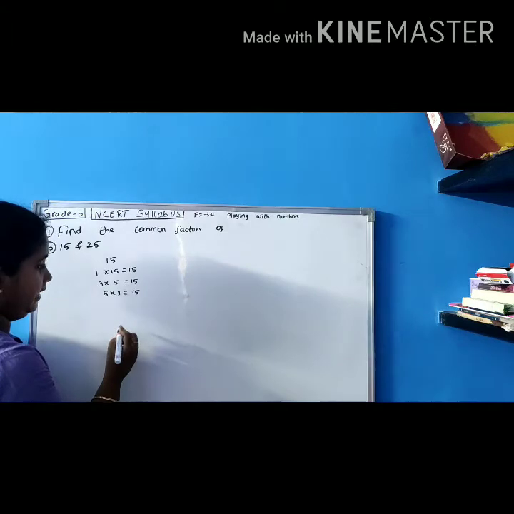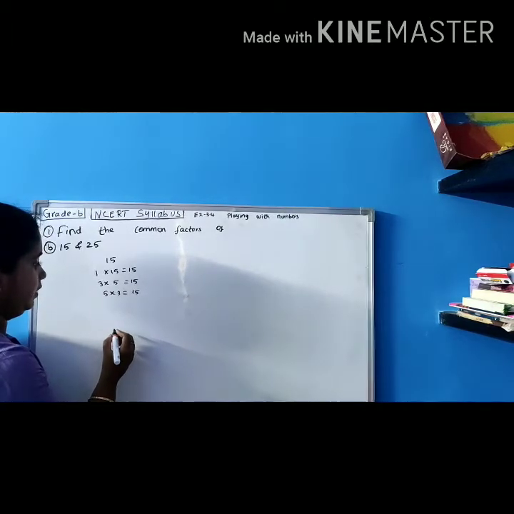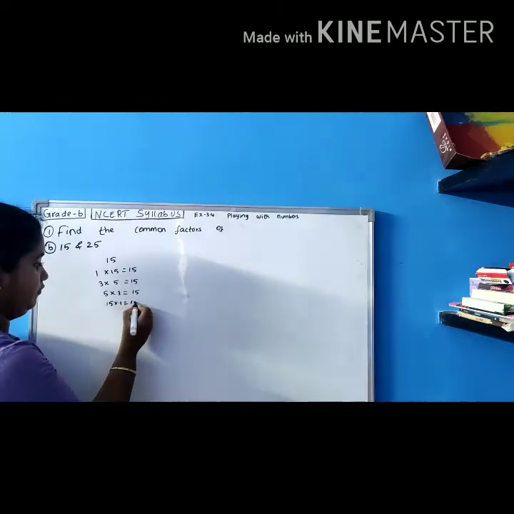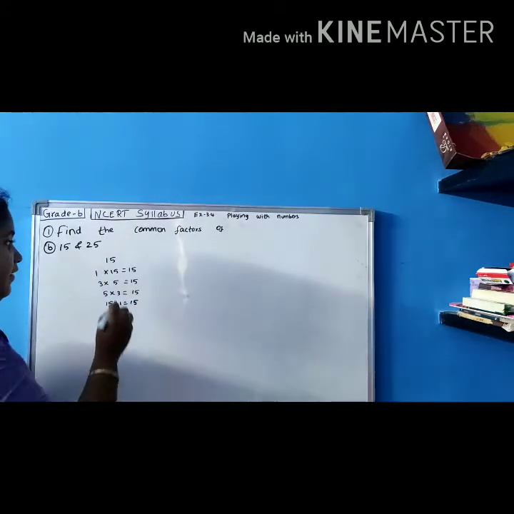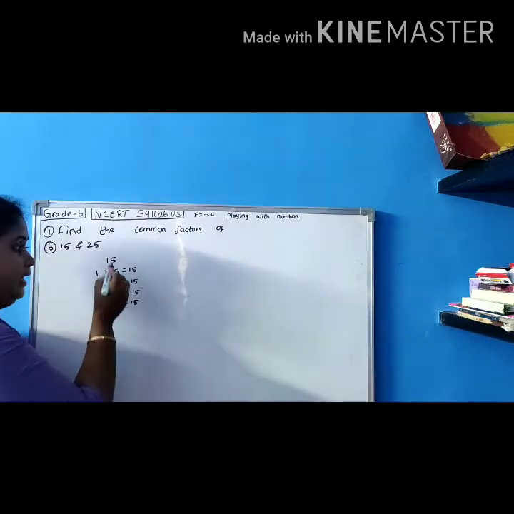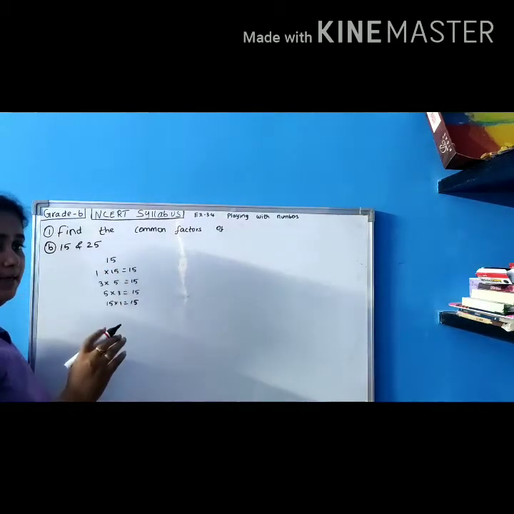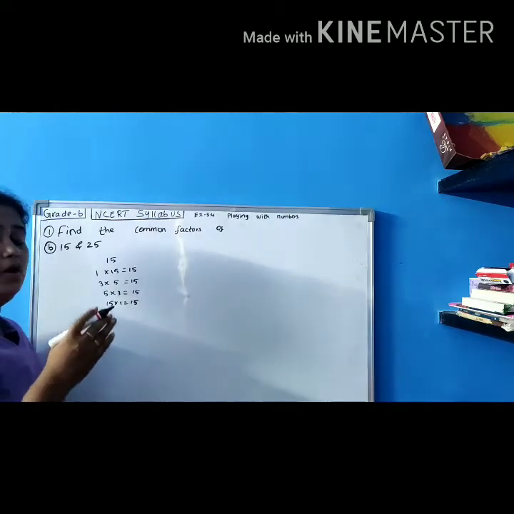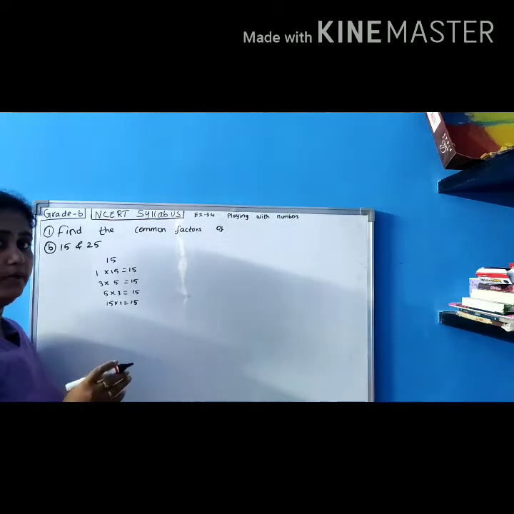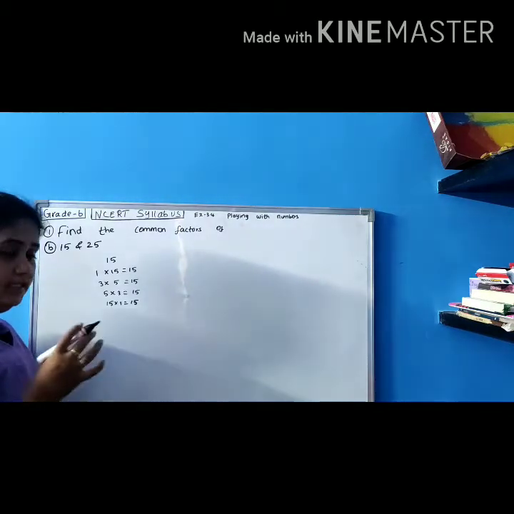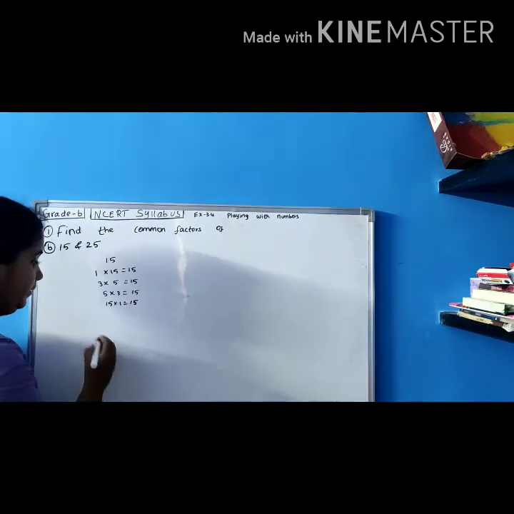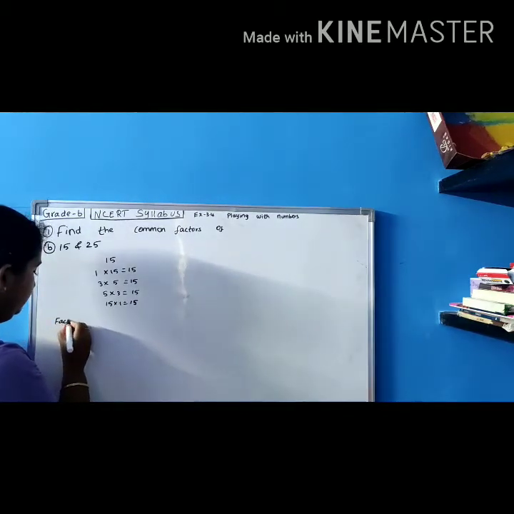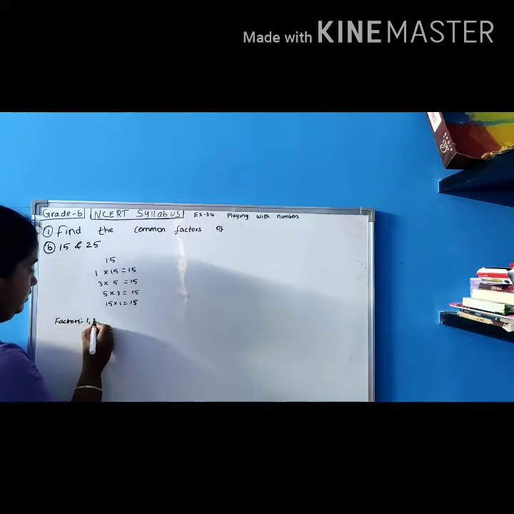Then 6, 7, 8, 9, 10 no, 11 no, 12 no. That's all. 15 into 1 gives you 15. Always, children, the factors of 15 will be less than the number 15. That is, only up to 14 or 15 the number will be. It will not go more than the given number. Within that given number only, the factors will be. So the factors I am writing: 1, 3, 5, 15. So these are the factors.